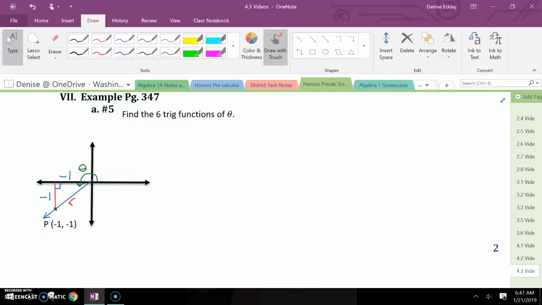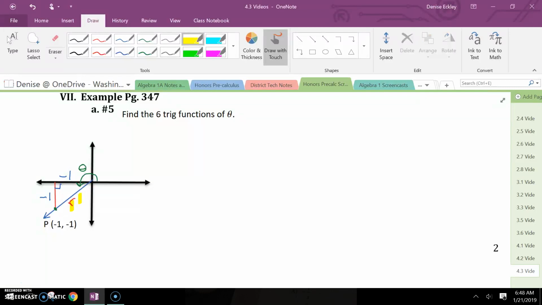So the angle is drawn in standard position. The point P is marked on a non-scaled coordinate system. So you can see my P there in green. And then the coordinates are listed there, -1, -1. And so what I did is I drew the perpendicular to indicate the length of the vertical and the horizontal along the axes. So now what I need to do is I labeled R, which is right here,